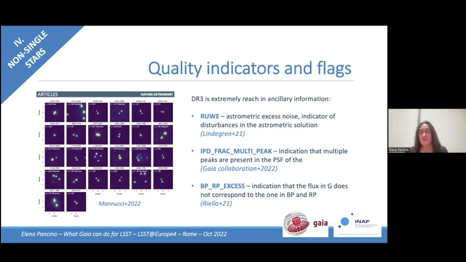So if the sum of the flux in BP and RP does not correspond to the flux in G, it means that there is a source between, let's say, 0.7 and 2.5 arcseconds that can contaminate the flux and can be used to remove contaminators in this way, and also to find galaxies separated from stars, and so on and so forth. So using these indicators, investing the time to study them and understand which ones are useful for your goal can be pretty rewarding, in my opinion, and should not be neglected.